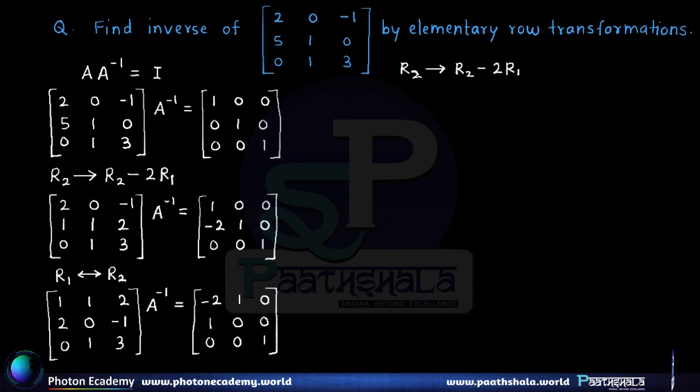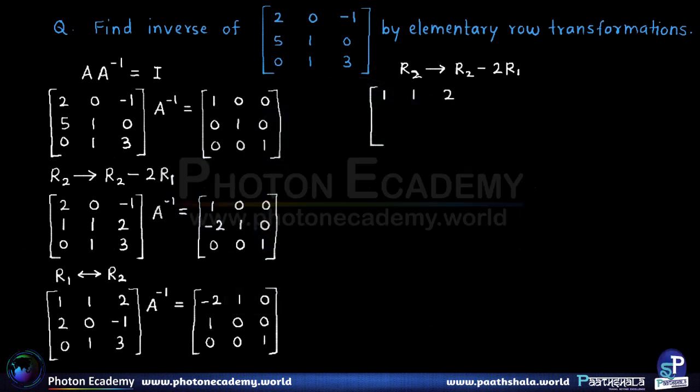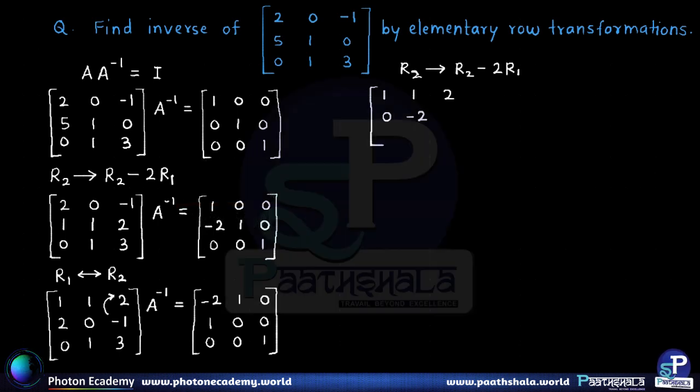Alright, so therefore we get, the first row will of course remain the same, there is no change to the first row, so that remains as 1 1 2. Now from the second row, 2 minus 2 gives us 0. Then next we have 0 minus 2, that is minus 2, and we have minus 1 minus 4, which gives us minus 5, right? That's the second row. The third row remains unchanged,